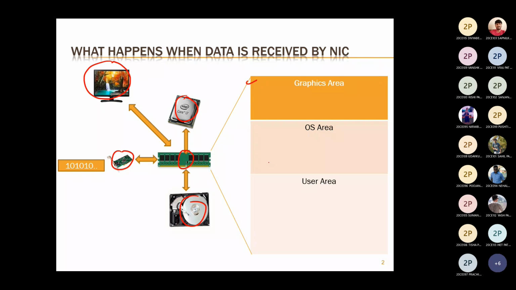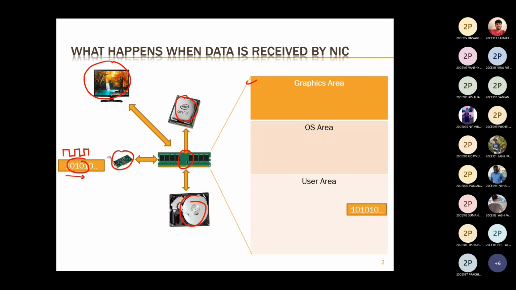What is the goal? We are observing the network statistics over here, so this NIC card receives ones and zeros, meaning electrical pulses are converted into ones and zeros and stored into RAM. To mimic this phenomenon, these ones and zeros are received at the NIC card. Initially, those zeros and ones are stored into user area because it's a user perspective, because the user has received data. But mind well, without user trigger, the NIC card will not receive data.